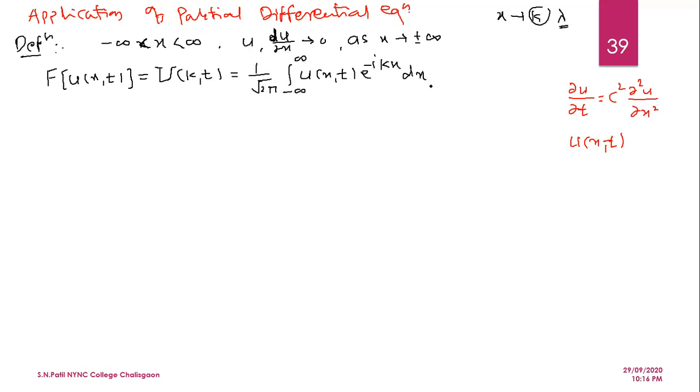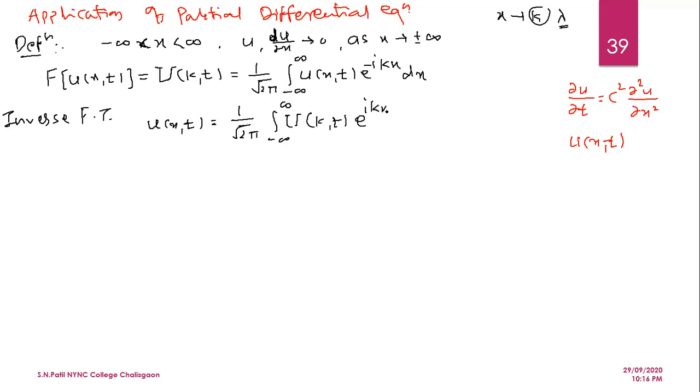Then its inverse Fourier transform is u(x,t) = 1/√(2π) ∫ from -∞ to ∞ of capital U(k,t) e^(ikx) dk. Okay, then